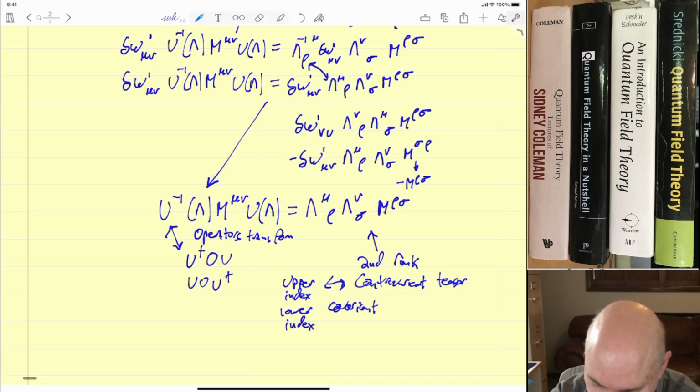In this case, both of our indices are up here, so they're both contravariant indices. And whenever you have contravariant indices for a transformation,